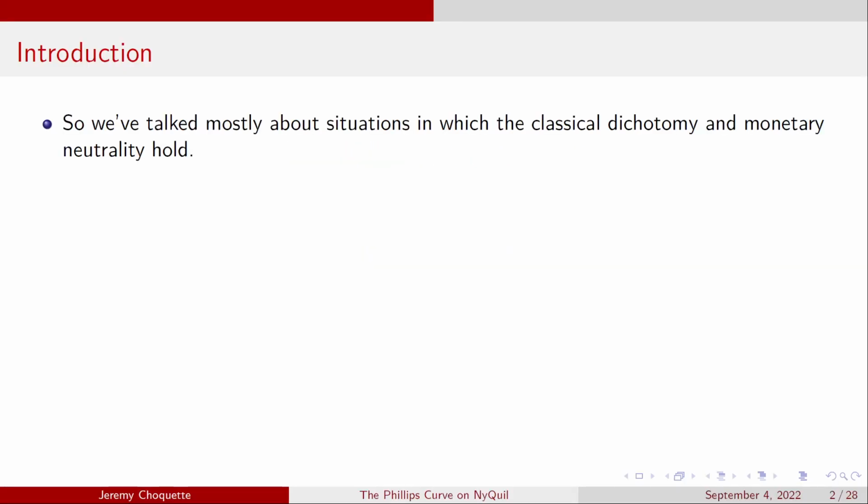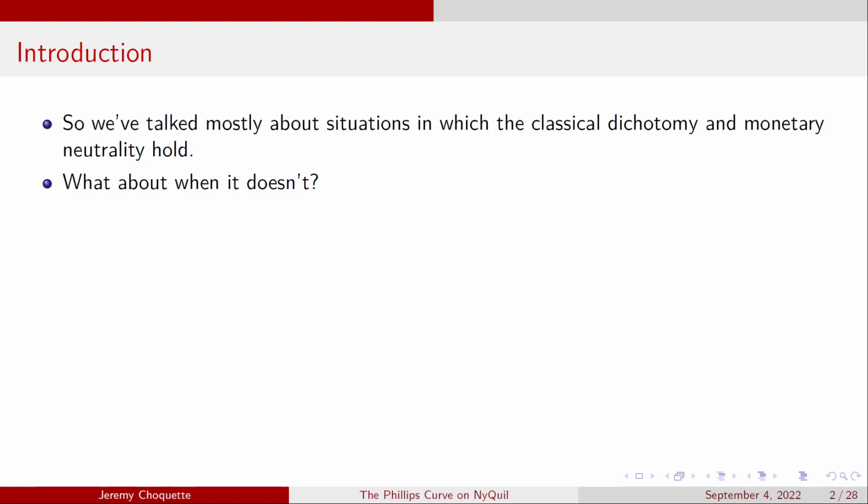So far, we've talked mostly about situations in which the classical dichotomy and monetary neutrality held. If you recall, the classical dichotomy states that real and nominal variables can be analyzed separately, and monetary neutrality states that an increase in the money supply will not have any effect on any real economic variables. But what about when it doesn't hold? Namely,